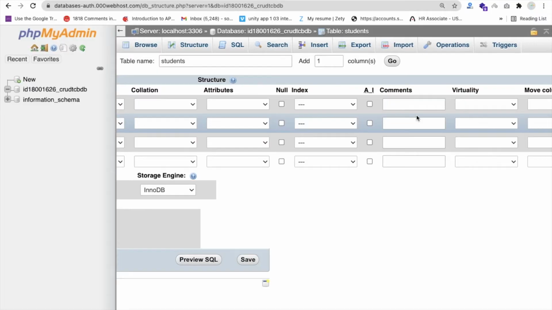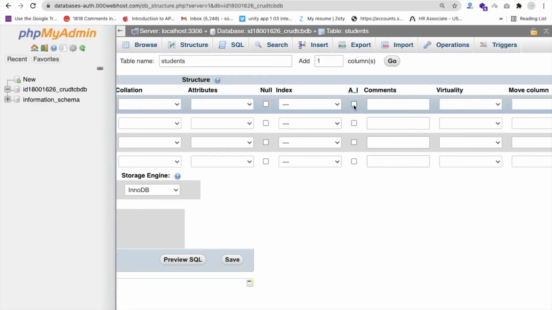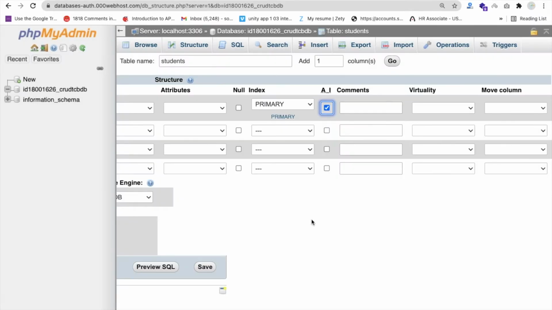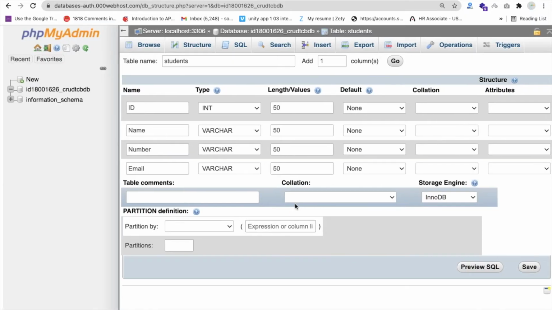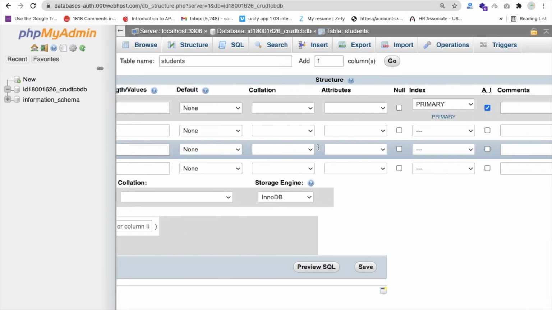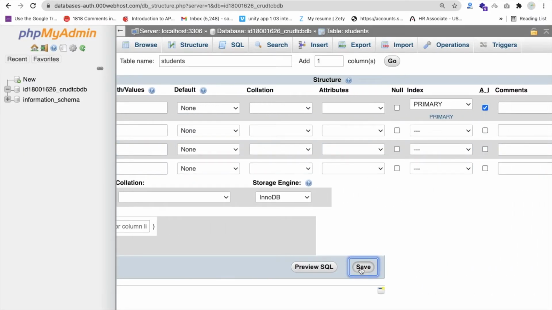auto increase, AI. It means auto increase. Make this one a primary key, and it's auto increase. It means whenever you put any details, you don't need to put the ID. This will automatically increase. Okay, so let me click on save, and let's see how it's working or